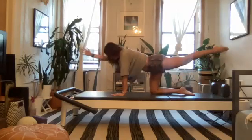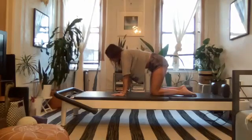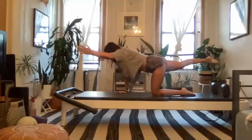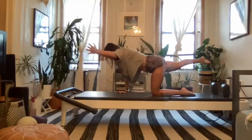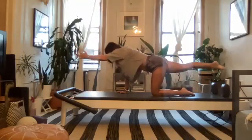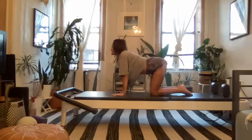And then bring it back to center, hand and knee come back down, one time into your cat, and into your cow. And back to neutral, extending left arm, right leg, holding for a moment, and then you round your spine, extend the arm and leg long, they go out to the sides, they come back to center, round to drop in, extend, out, and in, round, breathe. One more time. And bring it back to center, hand and knee down into your cat, into your cow, back to center,